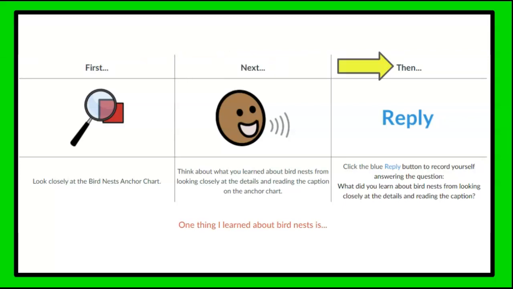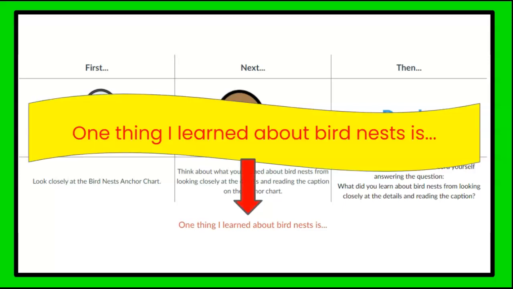Then, click the blue reply button to record yourself answering the question, what did you learn about bird nests from looking closely at the details and reading the caption? Here's a sentence starter to help you. One thing I learned about birds' nests is